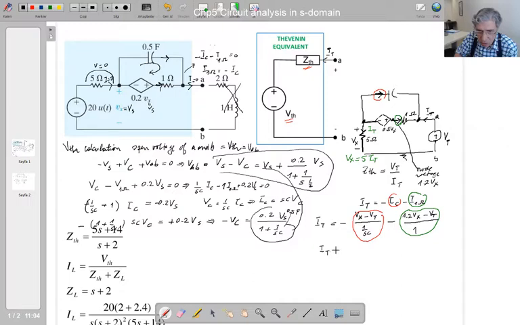IT is equal to minus, now Vx is 5 IT, minus Vt over 1 over S plus 1 over 2, minus 1 over Vx multiplied by 5 Vt minus Vt over 1. So if you do the calculation here, you're going to end up with